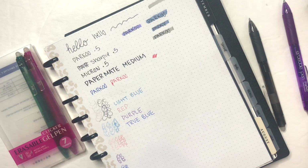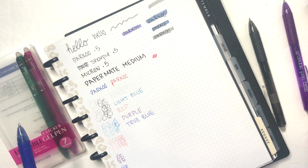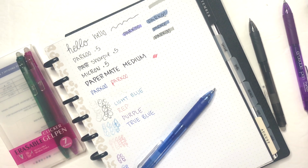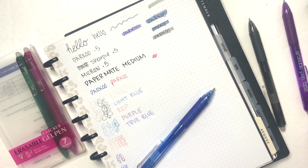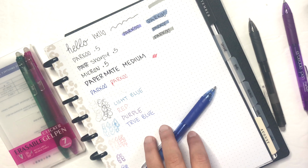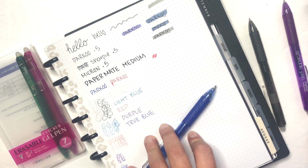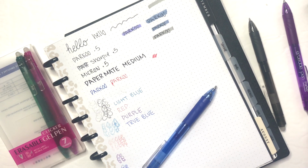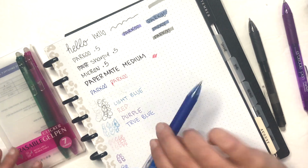So I guess these are comparable to the friction pens. Let me see if I have one nearby that we can kind of test out with it next to the black. Let me see. I don't think I have one handy. Let me see. There's one other spot in my 100 pen cups that I have. I know I had one recently when I was doing the Rocketbook review, but I can't seem to locate it. So we have that true blue